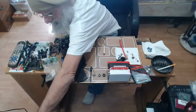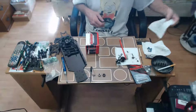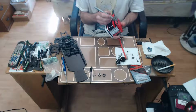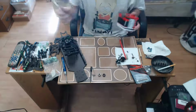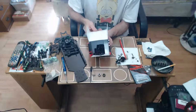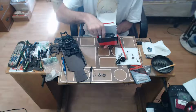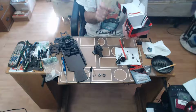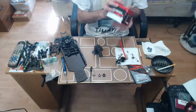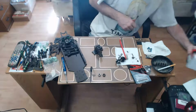All right, let's set gear out the way for the minute. Now, and get to the goody stuff. Put that there. I haven't even opened this box yet. And there it is. Of course, you get a Drag Race Concept sticker with it. Kind of a big one. I'd like to see them get more smaller scale size stickers for like the windows and stuff on the cars. All the cars have all these little window stickers all over it and stuff. I'd like to see companies get more into that size of